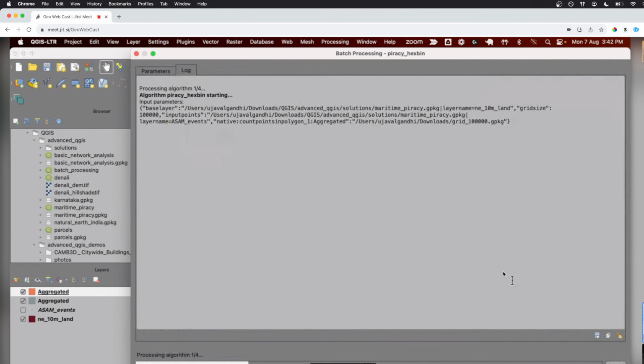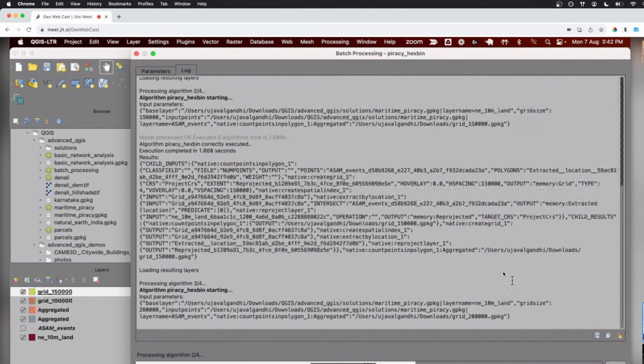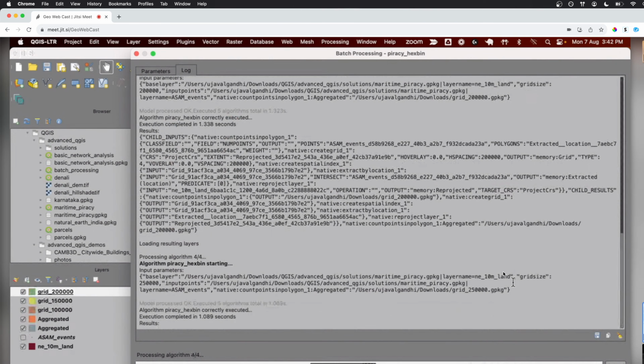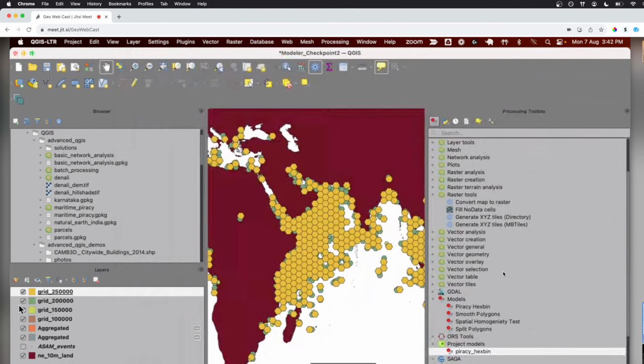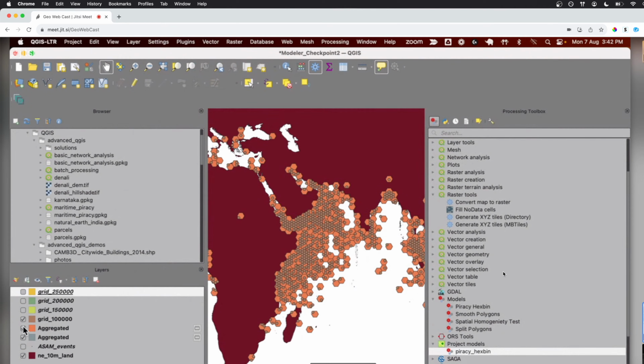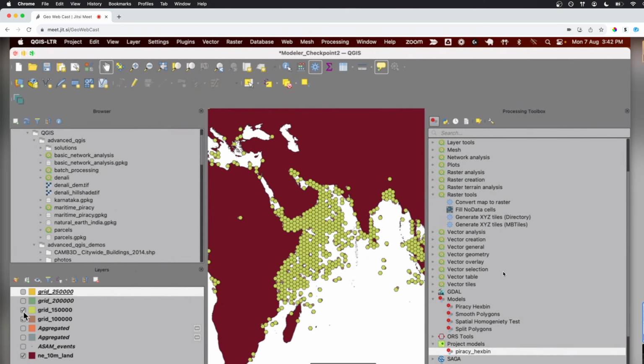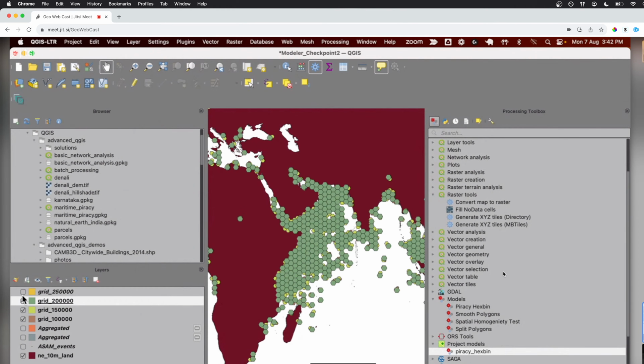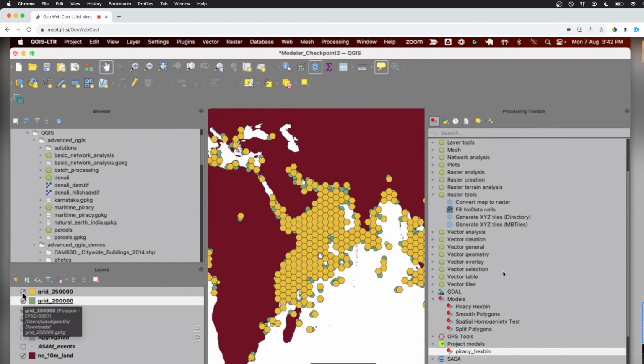So now it's running each step for each algorithm, for each input value. And you can see now I have different grid sizes: 250 kilometer, 200 kilometer, 150 kilometers, 100 kilometers. Right. So again, you can do this kind of automation. It also helps you do sensitivity analysis. A lot of the models that you build may be sensitive to one input parameter. You don't want to be sensitive to a specific parameter, or at least you want to be aware of it. So you can now run it with multiple inputs and test how your output behaves.